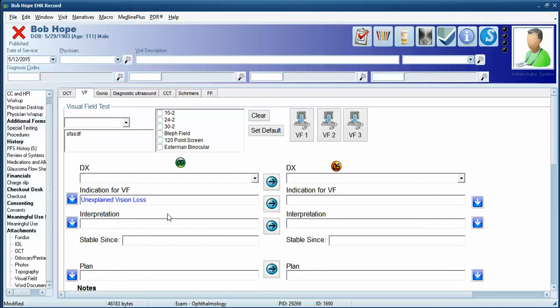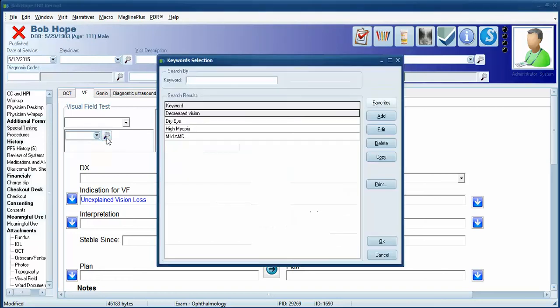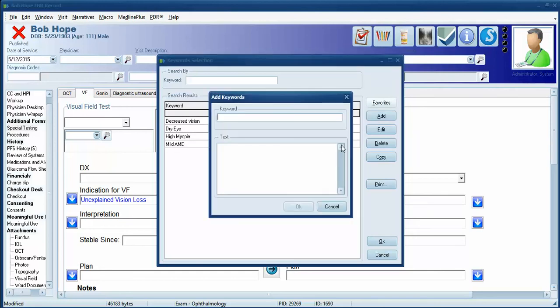When it comes to a keyword macro, that's something that you can do yourself. You can do it right from inside of EHR or from the front side. I'll show you both ways. So it's Control A, click your flashlight. We have keyword options right here. If you want, click Add, and then put a note in here